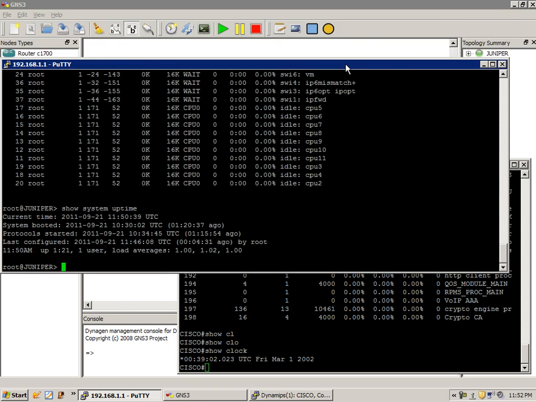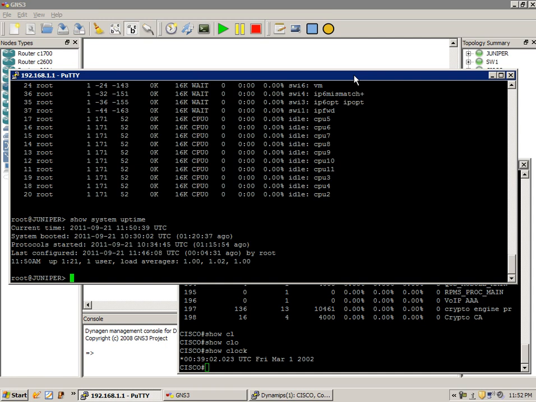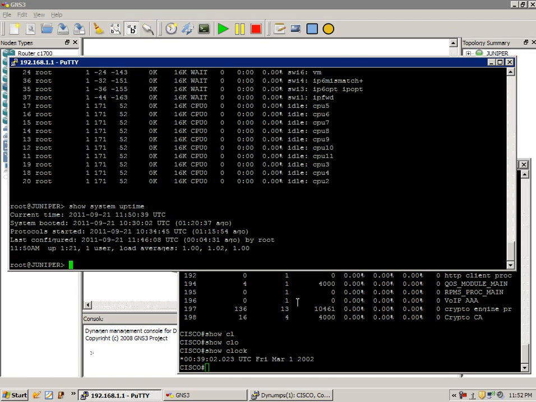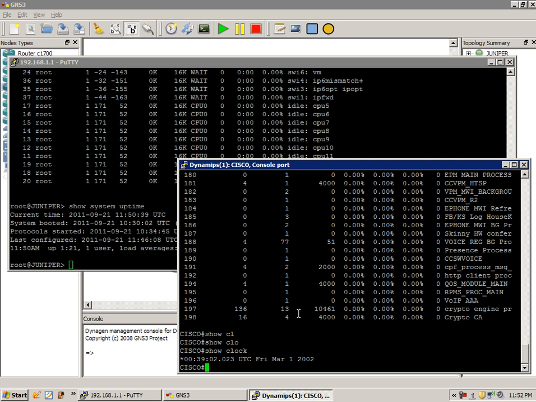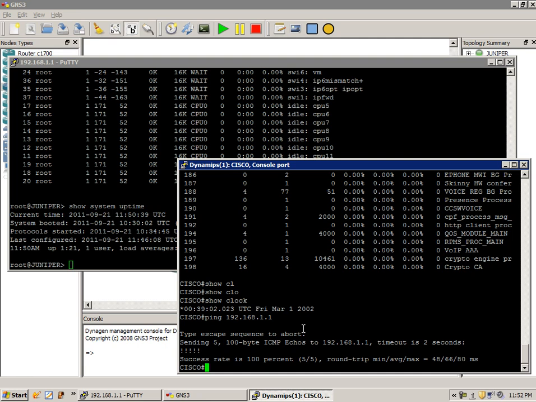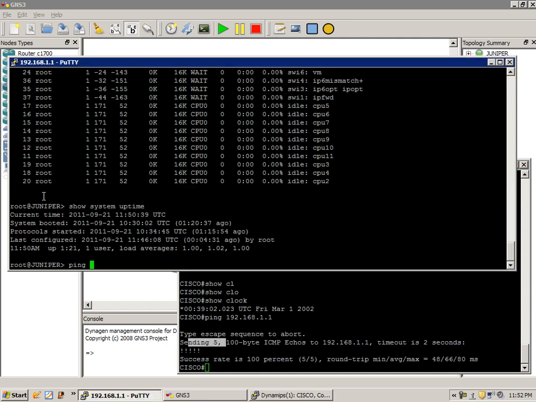And I also want to show you a couple of commands. In addition, I just want to show you on the Cisco side, we can ping by using the command ping 192.168. If we try to ping the Juniper side, we just do ping 192.168.1.1, and you can see the output is returned as follows. If we were to do the same command, ping 192.168.1.2, this is the Cisco side, from